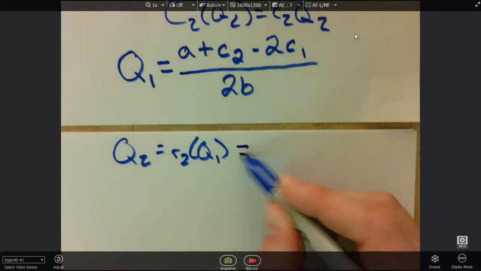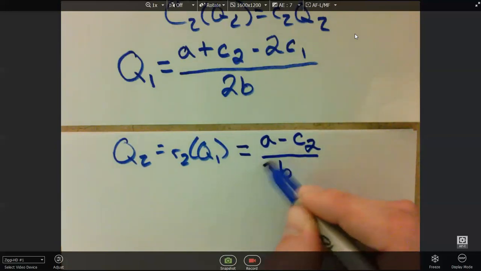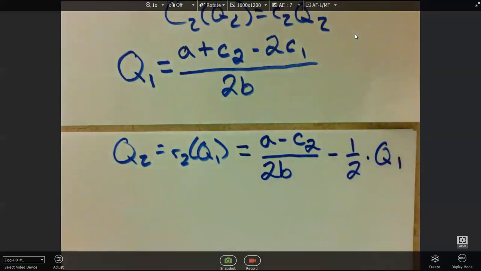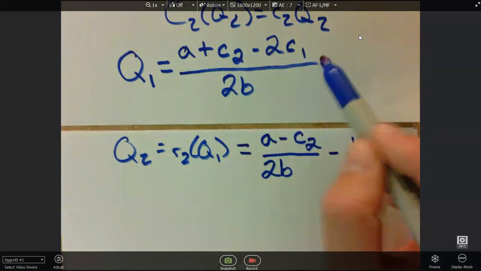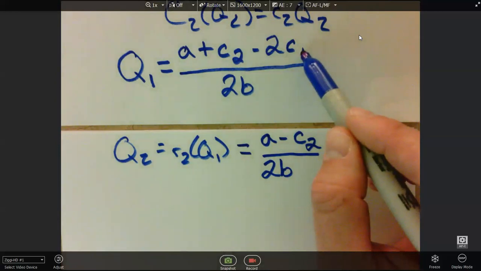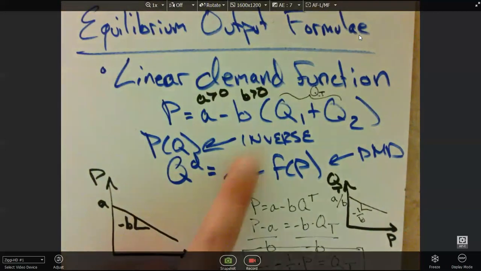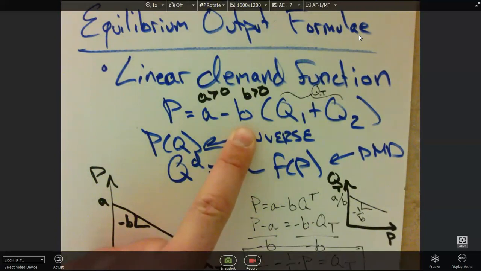All right, and so this one's going to be A minus C2 over 2B minus 1/2 times Q1. So they know what Q1 is. Why do they know what Q1 is? They know because they know what their own costs are, and they have a good approximation of what the other person's costs are. And they know what B is, because B is given by the market demand function. They've run some econometric estimations, or used other people's estimations,